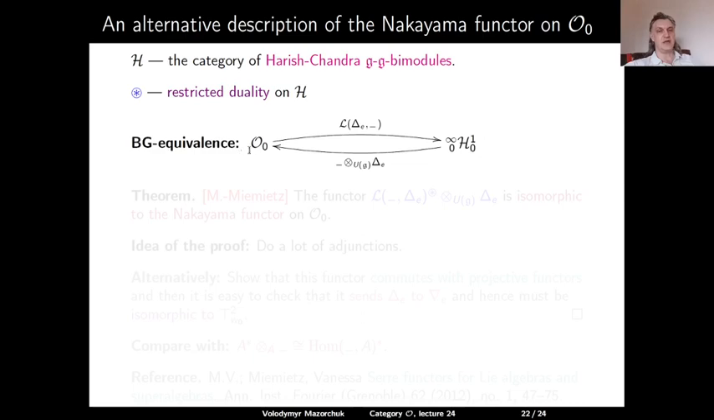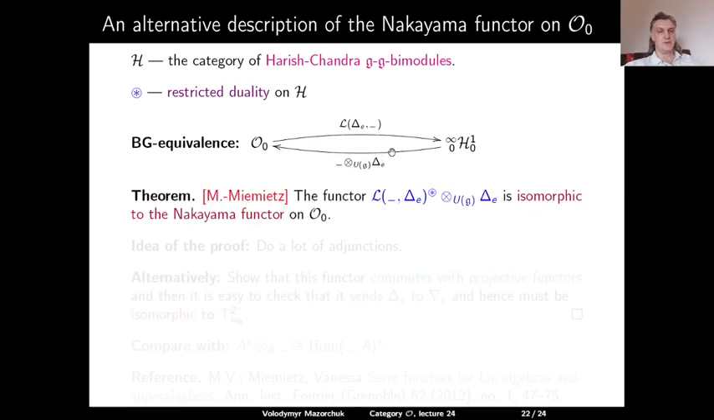So we have the BG equivalence between the block O0 and the category H001 infinity, given by taking the ad-finite homomorphisms from delta E to blank. This goes from O to Harish-Chandra bimodules, and the functor back is just tensoring with a dominant Verma module over U of G. Theorem, which is due to Vanessa Mimitz and myself, that the functor L blank delta E, and then taking the restricted dual, followed by tensoring over U of G with delta E, is isomorphic to the Nakayama